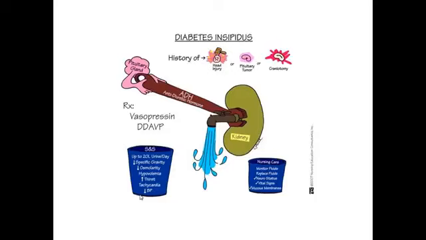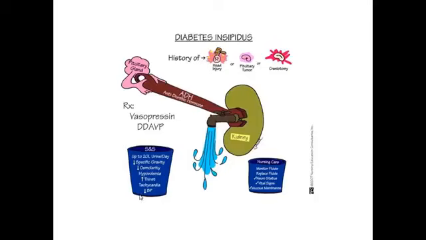SIADH is a condition in which there is excessive production of the antidiuretic hormone. So when there is excessive production of the antidiuretic hormone, the opposite of diabetes insipidus will take place, and the causes are almost the same: head injury, pituitary tumors, craniotomy, and infections and lung causes. So in SIADH, the main cause is the lung. So any infection of the lung, the pneumonias, the tumors, the respiratory failure, ARDS, anything can cause all of these, and then can cause excessive production of the ADH.